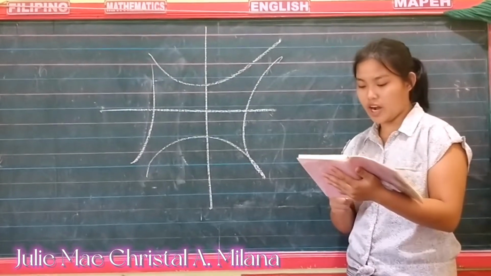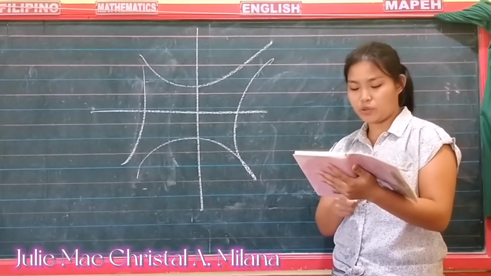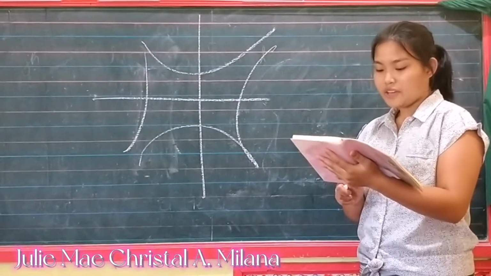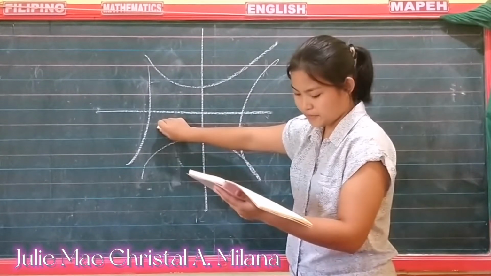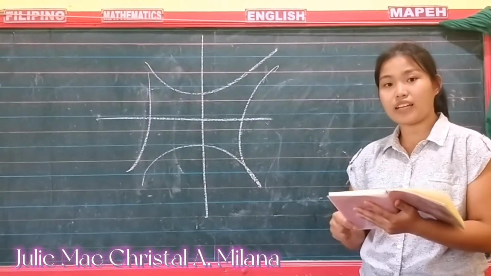Each branch of the hyperbola has a vertex, and the center of the hyperbola is the midpoint of the line segment joining the vertices. If the hyperbola opens from left and right, it means the transverse axis is